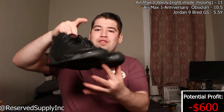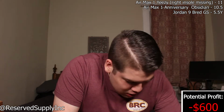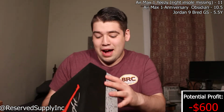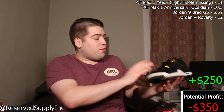So that is the third pair without a box. Now we're gonna get into pairs with the box, and there's a couple in here. It looks like there's 1, 2, 3, 4, 5, 6, 7 pairs. So this is a pretty hefty box, and this is a Jordan 4 size 12. So I probably could fit this pair. Oh, this is a Royalty 4